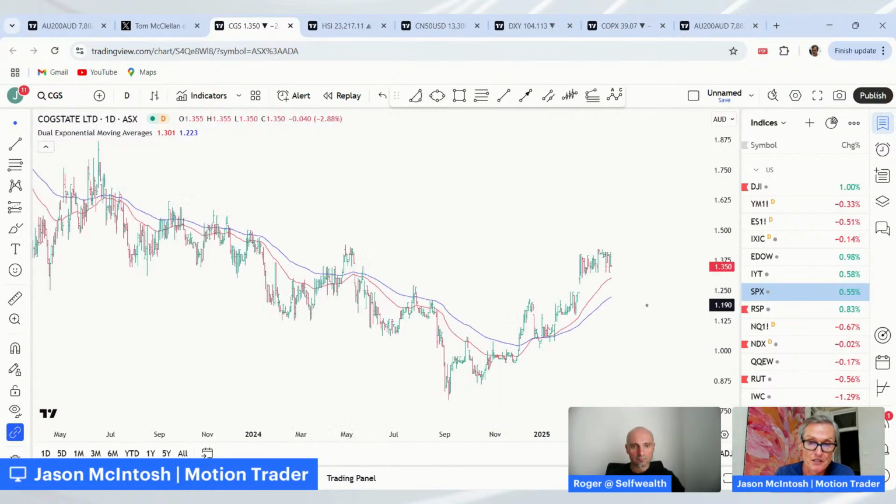Now, will this trend continue? I don't know. It could. It's trading a bit lower today. This trend could fail, and it could fall back below the averages. But I'll get out. I've got an exit plan. I've got a stop loss. If it stalls here and rolls over, well, I'll get out.